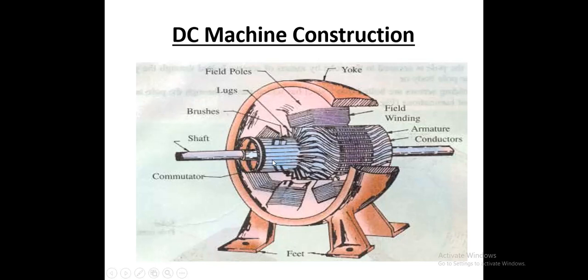The supply which we provide to the armature of the DC motor goes through the commutator, by which we provide supply to the armature. This is the commutator segment by which it connects with the particular coil of the armature. These are the slots in which the copper winding of the armature is placed and connected in sets of pairs of 2 and 4, which was already discussed in the previous session. Now these are the field windings, the field part. This is the stationary part, and the rotating part in the DC motor is the armature.